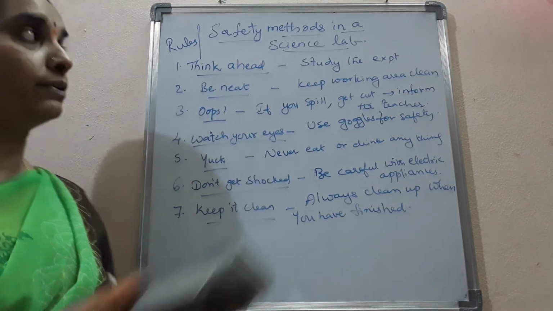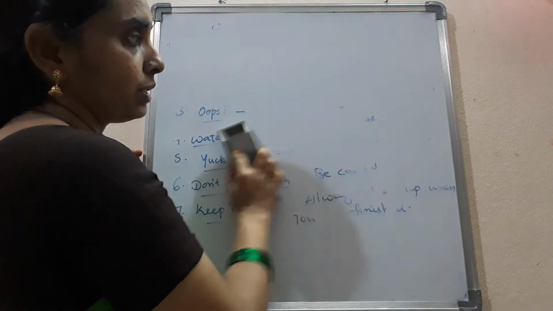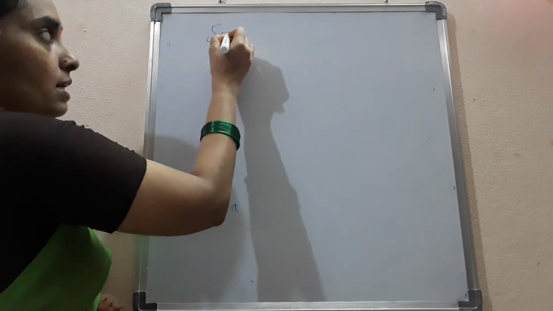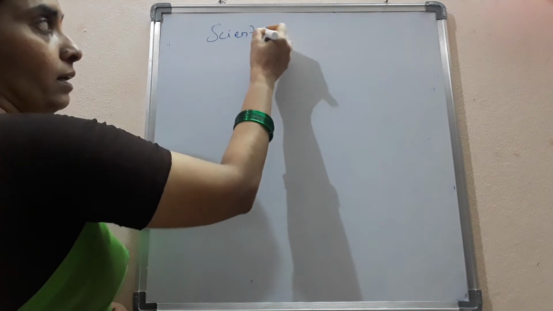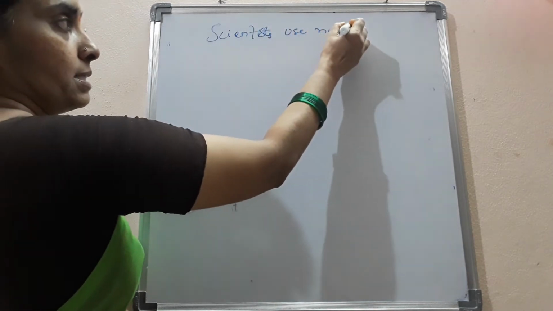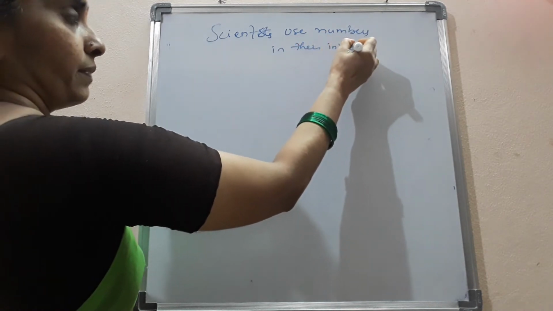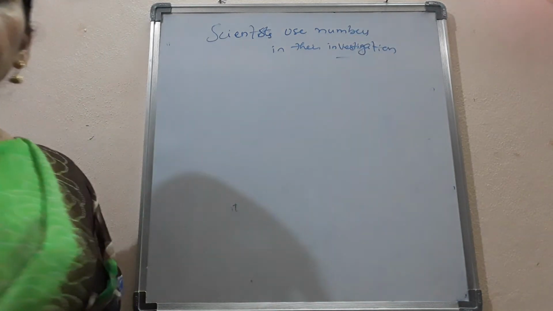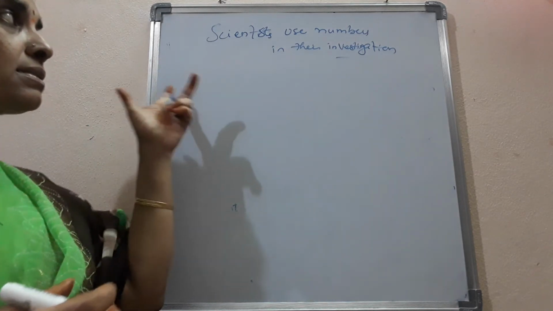And at first, we can see that while doing this process skills or experimentation, the scientists also use numbers in their investigation. What do they use? They use numbers. So how can you say that the scientists use numbers in their investigations? We can say these are the measuring skills that they use